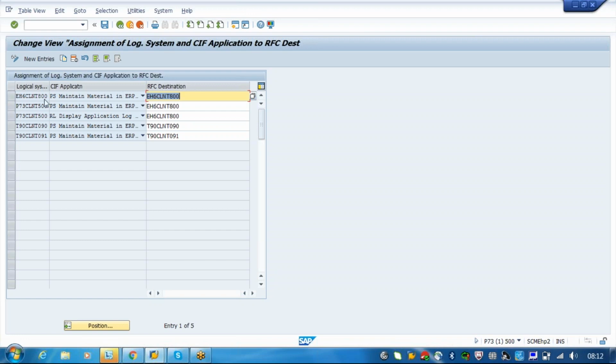If you see here, this is the logical system and this is the RFC destination. This is the destination you are connecting. So from this server, if you want to send any data, it will come here, and from that server, the data will come through this destination. So this is what we are going to connect, the RFC destinations.